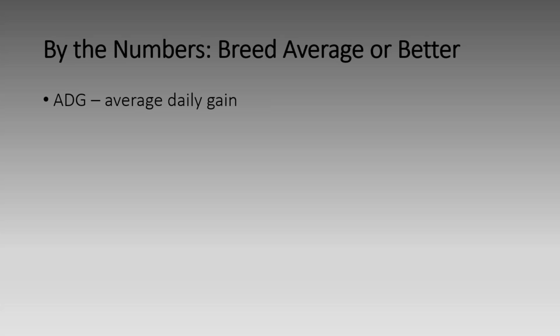So average daily gain is an EPD that measures how animals gain post-weaning in the feedlot. And then carcass weight, so how many pounds of carcass are we going to have after harvest? Yield grade is a measure of